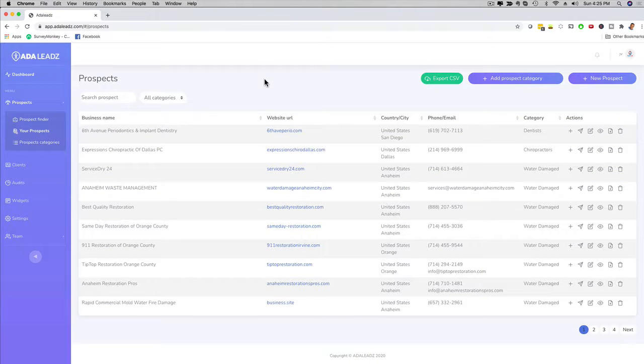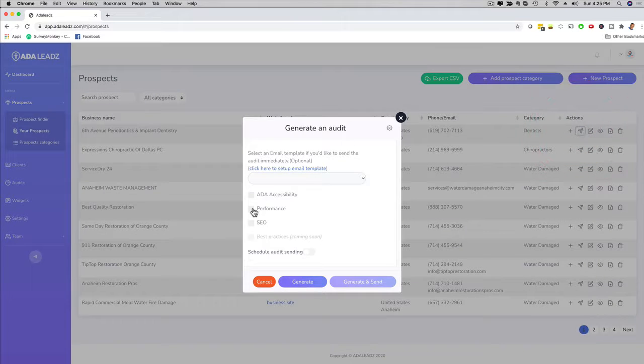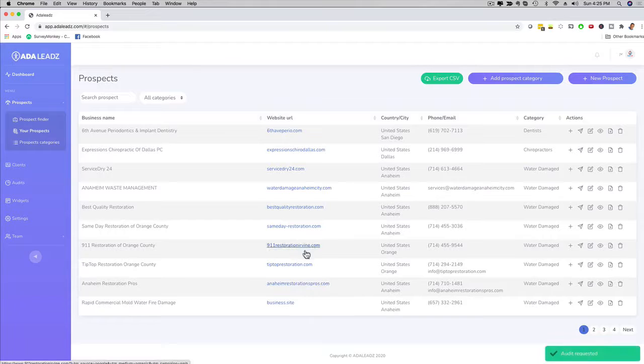Now, the next thing that is awesome about our software is that it creates a beautiful and stunning website compliance audit, okay? So I can go here and I can click on this button right here, and now I can have it perform an ADA accessibility audit, right? There's some advanced features right here, but I'm going to focus on the main feature right now. ADA accessibility, I can click here on generate, and now the software, as you can see here, audit requested, is going to go, and in just 10 seconds, it's going to create a customized, beautiful, stunning report for us here